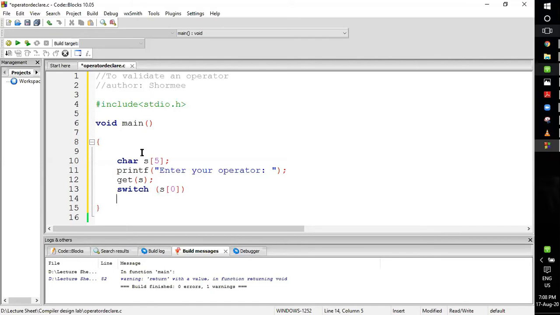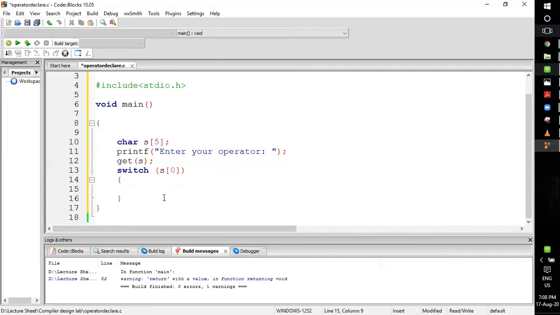Okay, now I'll start typing the case. So my first case here, if the first symbol is greater than.